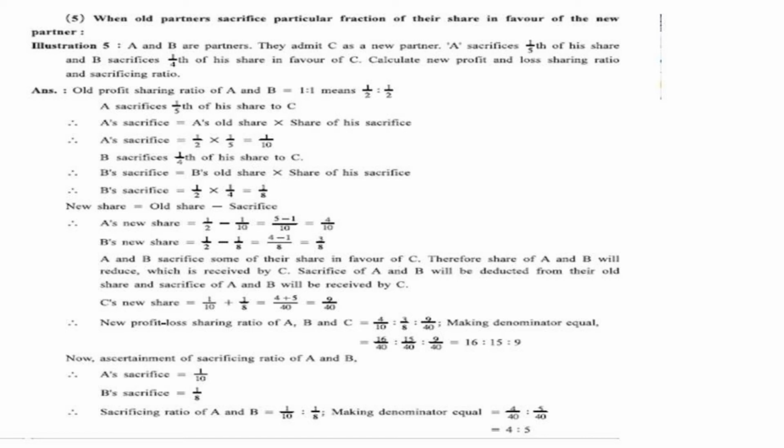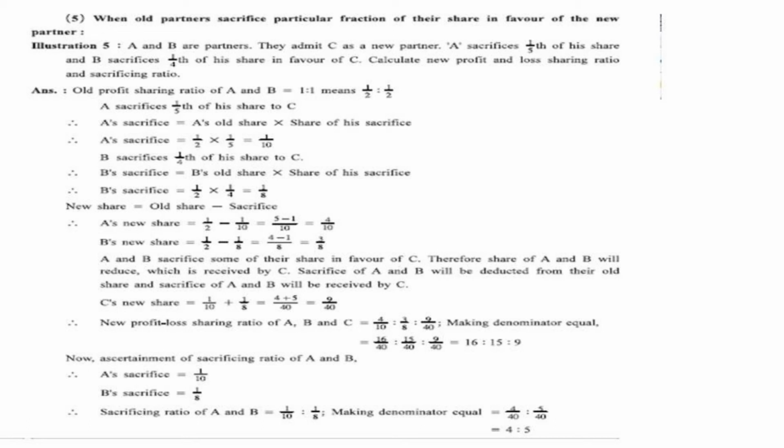1/10 plus 1/8. So here in denominator 10 and 8 is given. So LCM of 10 and 8 is 40. So now we want to make the 10 into 40. Then we have to multiply in numerator and denominator with 4. Then 4 ones are 4 and 4 tens are 40. So 4/40 is there. Plus 1/8 is given.